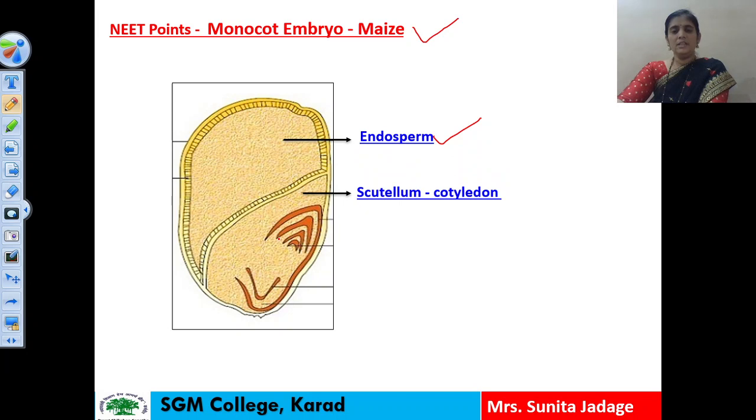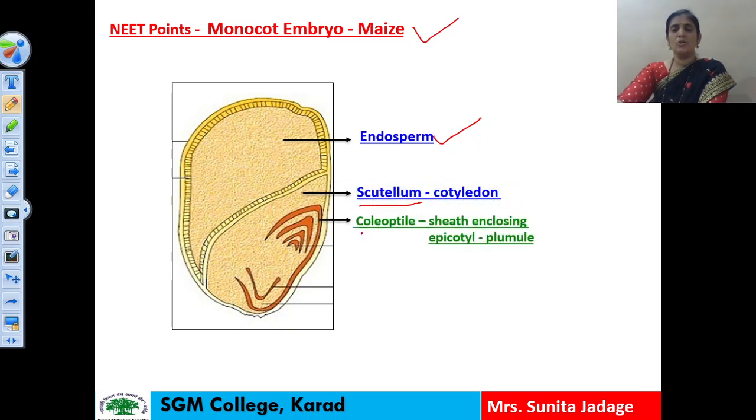So in this monocot embryo, the cotyledon is present in the maize plant. One cotyledon is there, and that cotyledon is known as a scutellum. Means in monocot plants here, the cotyledon is known as a scutellum. That point we have to remember. And in this scutellum or cotyledon, the different parts we can see here: the uppermost part which is covering the plumule,